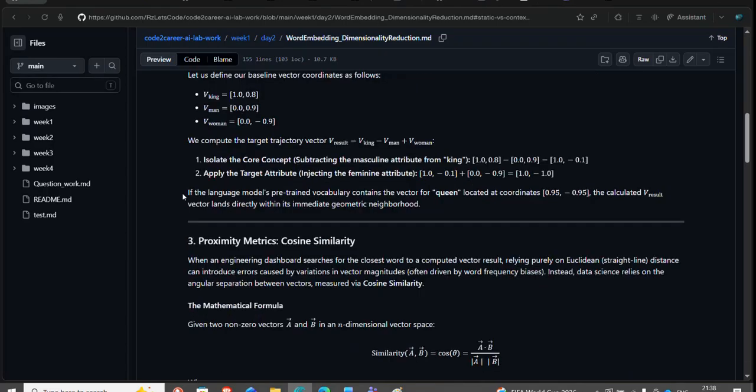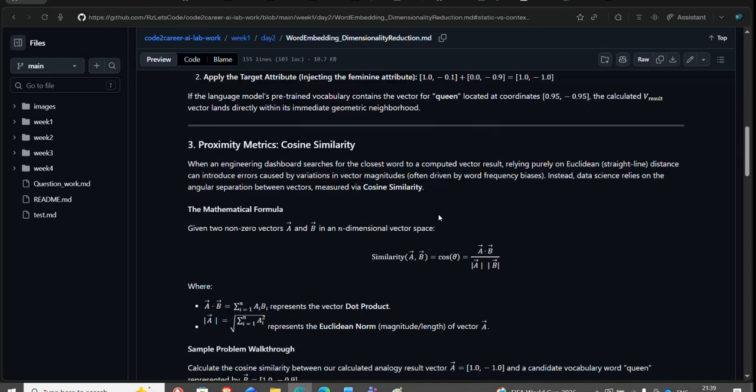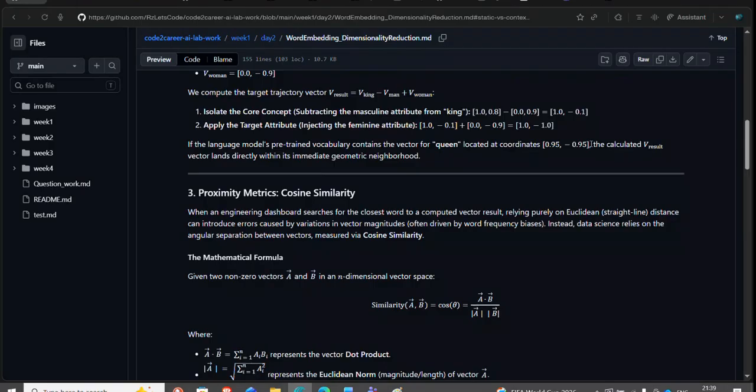I'm saying, if the language model we are using is a pre-trained vocabulary, when I'm saying pre-trained vocabulary, that means it's about, if it is a king, what is the score? If it's a man, what are the scores? Okay, so that's where we can provide some kind of value to that. Suppose right now it's coming this one. Okay, so when it is coming this one, now we have to do some